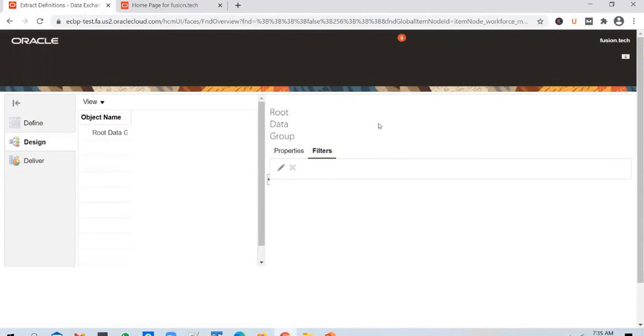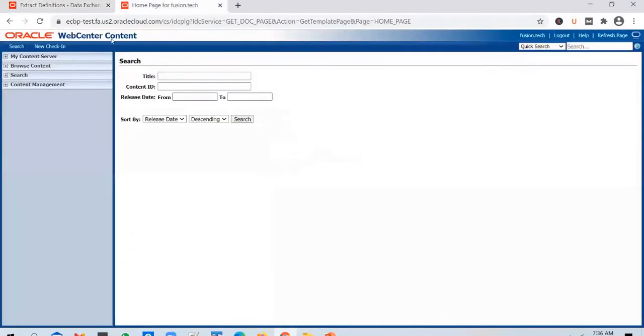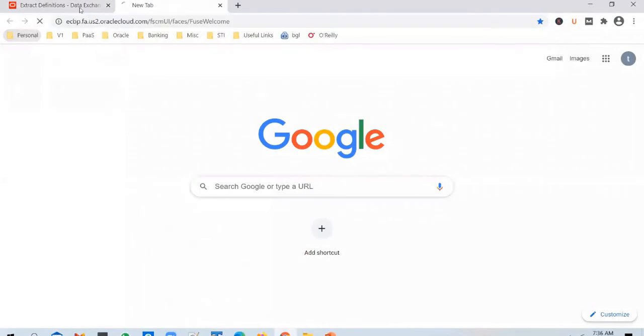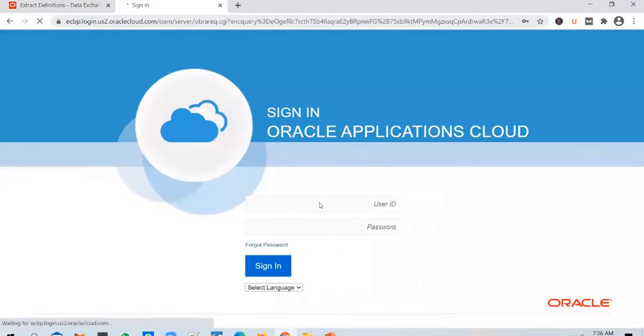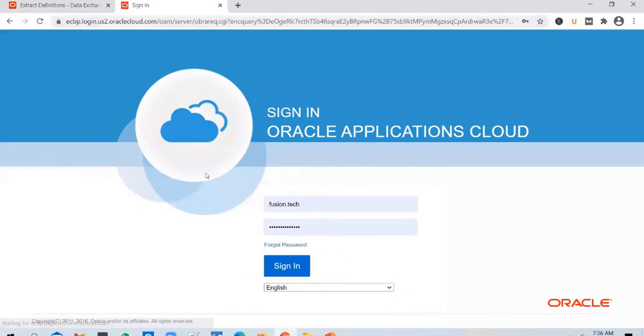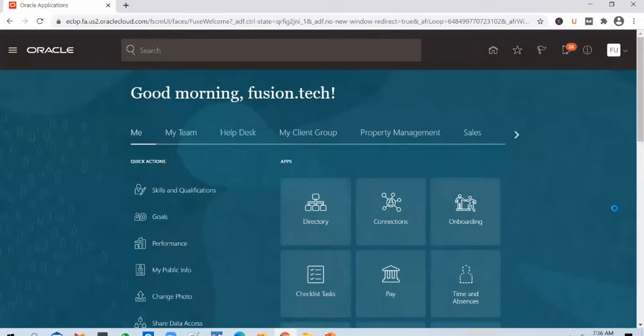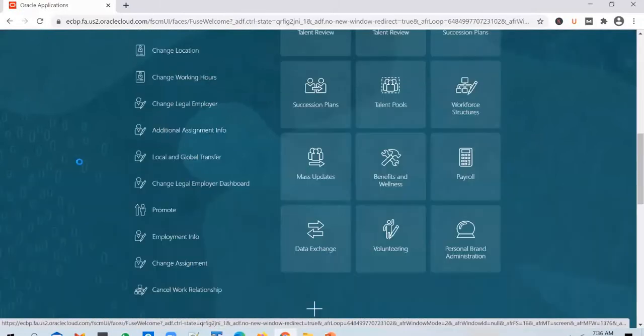So yeah, in real time, that's okay because you normally run these extracts overnight. But in a training session, it will be difficult for me to show the output. So what we will do is the same thing in a different instance wherein we have fewer employees. So I'll just go to the ECPP instance. We started off with the extract build in ECPP test, right? Instead of that, I'll be building it in the ECPP instance. No change at all. The same user ID holds good in the ECPP instance as well. That was shared earlier. I'll just quickly create the extract here.